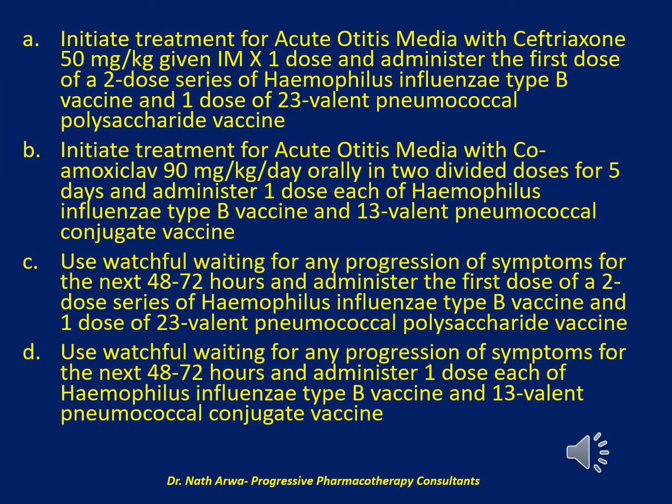Would it be A. Initiate treatment for acute otitis media with ceftriaxone 50 mg per kilogram given IM times 1 dose and administer the first dose of a 2-dose series of Haemophilus influenza type B vaccine and 1 dose of 23-valent pneumococcal polysaccharide vaccine, or B. Initiate treatment for acute otitis media with co-amoxiclav dosed at 90 mg per kilogram per day orally in 2 divided doses for 5 days and administer 1 dose each of Haemophilus influenza type B vaccine and 13-valent pneumococcal conjugate vaccine,